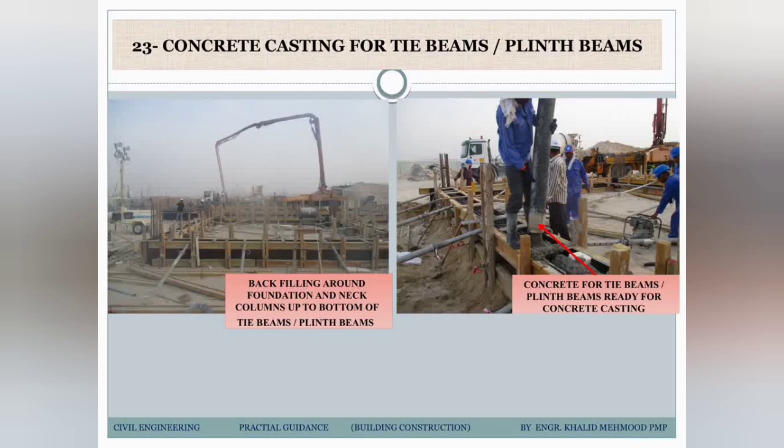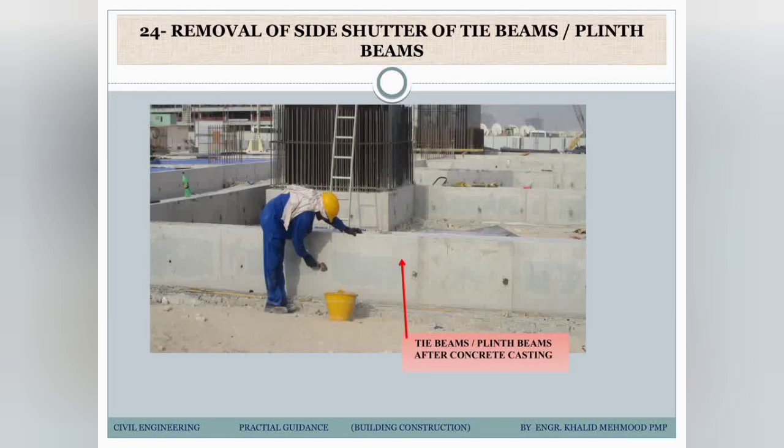So you can see our structure is stitched to the plinth beam. The plinth beams are being cast, and the foundations are already backfilled. You cannot see the foundation. You can see only the plinth beam on the ground level, because the plinth beam or tie beam ties all the foundations. The foundations are now underground, and you can see only the plinth beam. Later on we will do the waterproofing for the plinth beam.